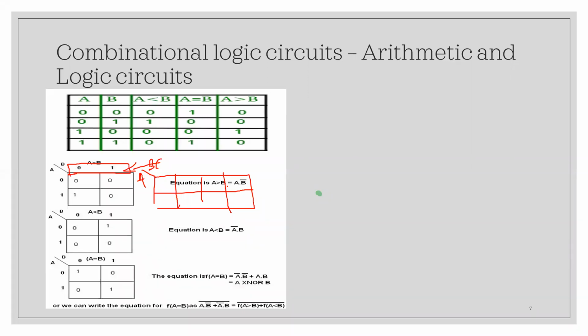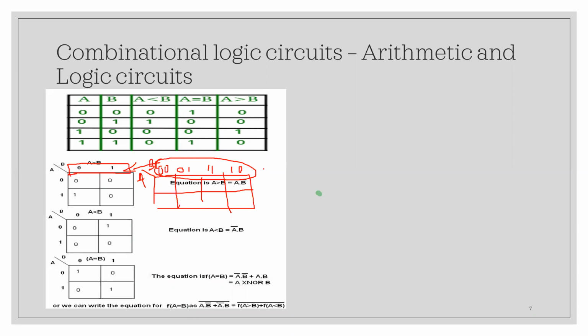Binary numbers. First one will be 00, then 01, then 11, then 10.